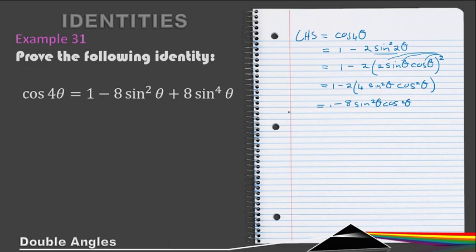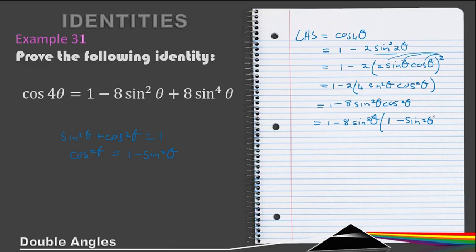But we can replace cos, because we know that sine squared theta plus cos squared theta is equal to 1, which means if I want to solve for cos squared theta, I just take the sine over, then I have 1 minus sine squared theta. So I can replace this cos squared theta. I'm going to say this is 1 minus 8 sine squared theta, and then in brackets we've got 1 minus